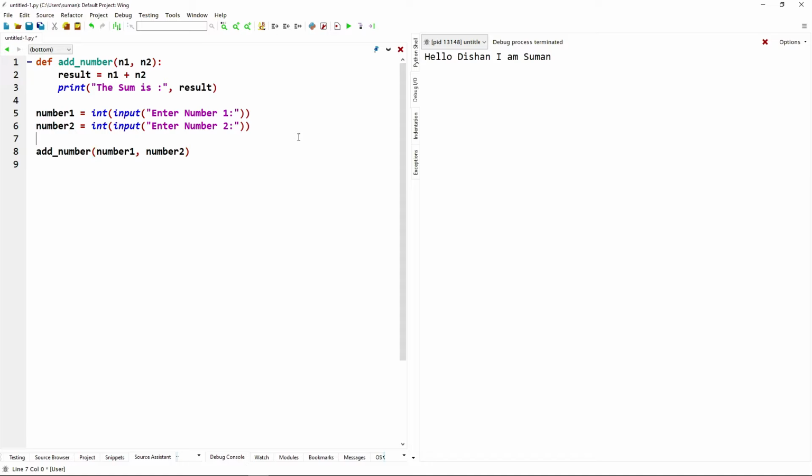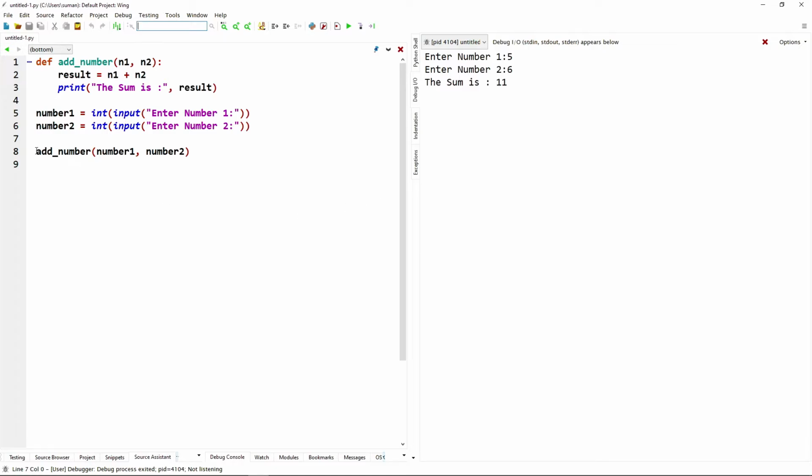Let's check the code. Enter number 1: 5, enter number 2: 6, the sum is 11.